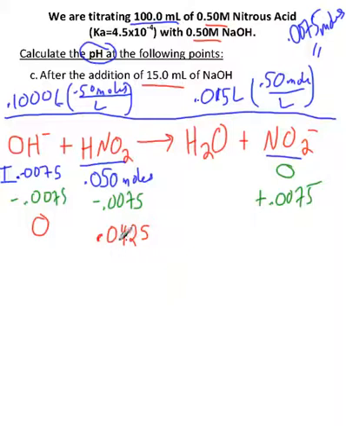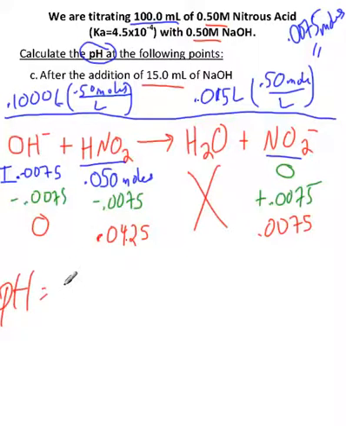Of course, you could do it with 0.043 if you wanted to. And this would be 0.0075. And as I said, at this point, we've got nothing else in the way. Water doesn't matter because there's so much of it, and the OHs are all gone. So now I have a Henderson-Hasselbalch equation where I can easily find the pH by saying it's equal to the